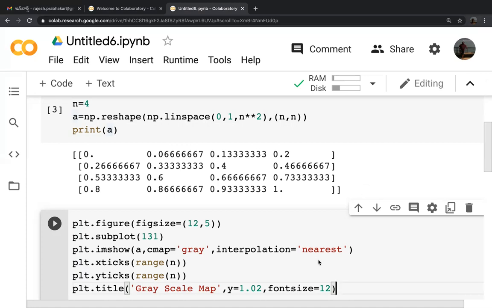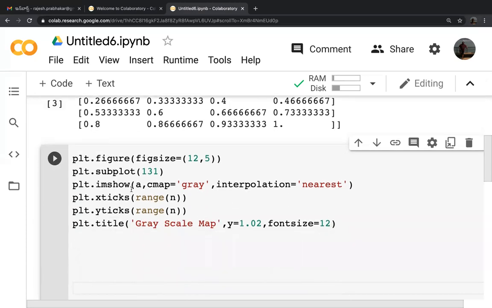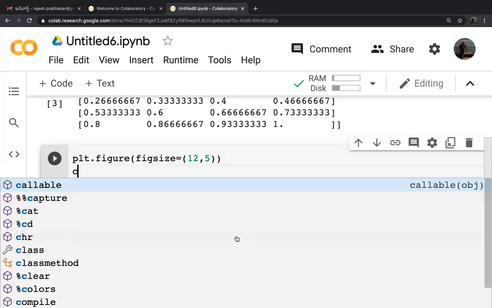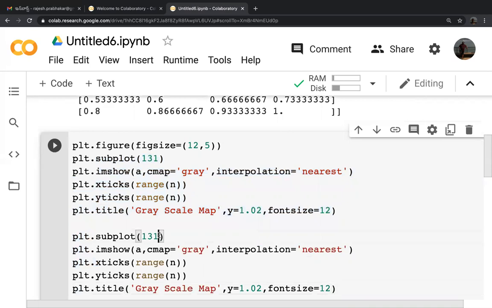If you want to change the colors, you can simply change the colors. That's not a problem at all. I'll just copy and paste this code. Control C, and then paste it down. We'll make it subplot 132.